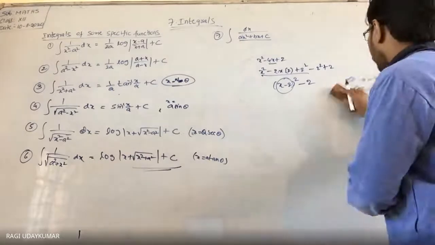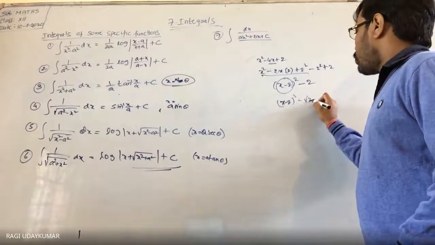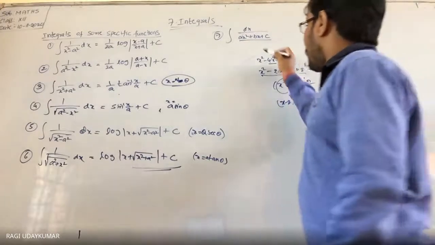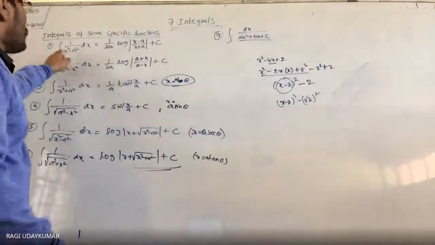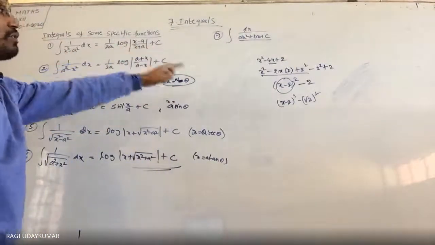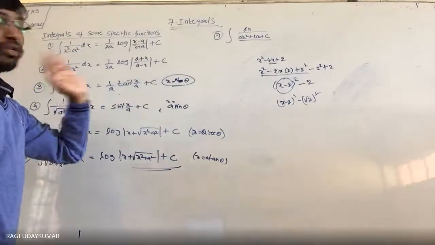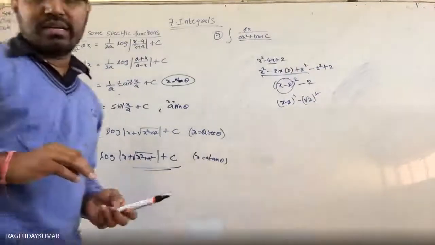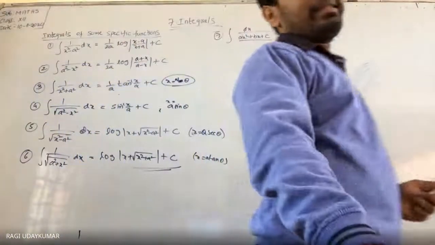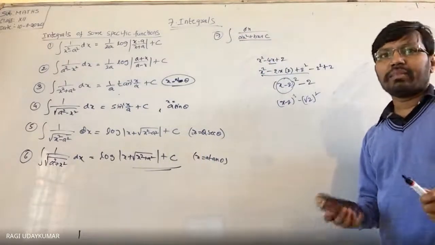Now what form is it in here? It is x minus 2 whole square minus root 2 whole square. This will be in the denominator, x minus 2 whole square minus root 2 whole square, x square minus a square. So in place of x there is x minus 2, in place of a there is root 2. So like this you have to make the given expression by the completing square method. Blindly you are not supposed to do anything. It is called the completing square method.